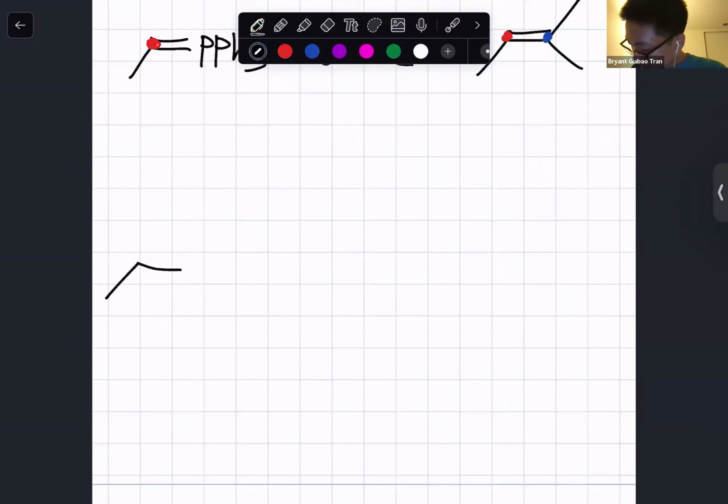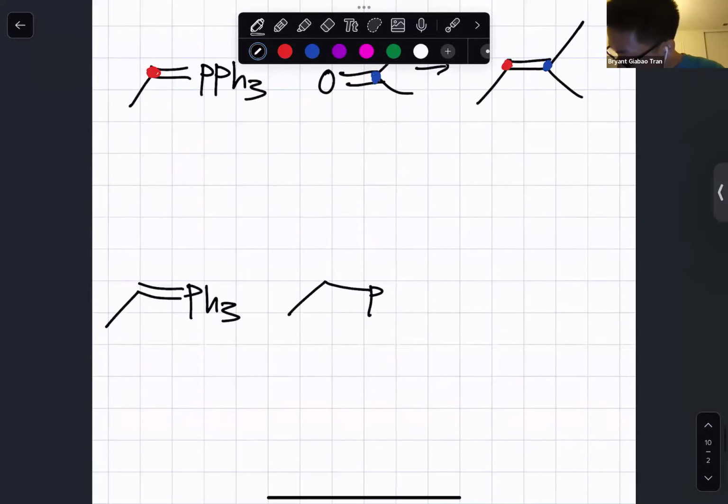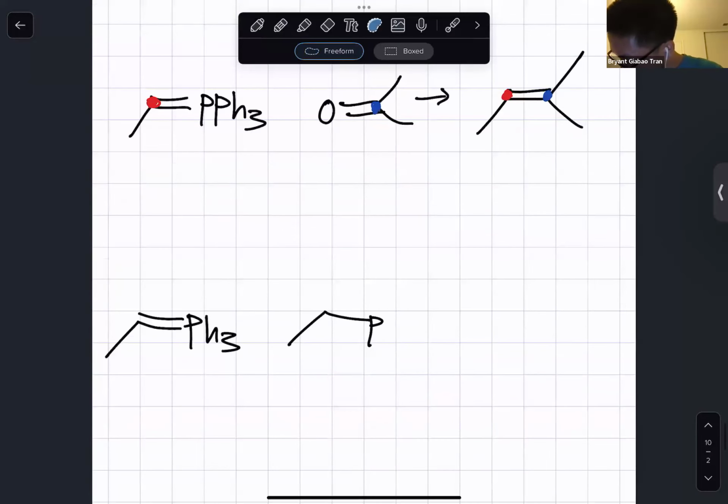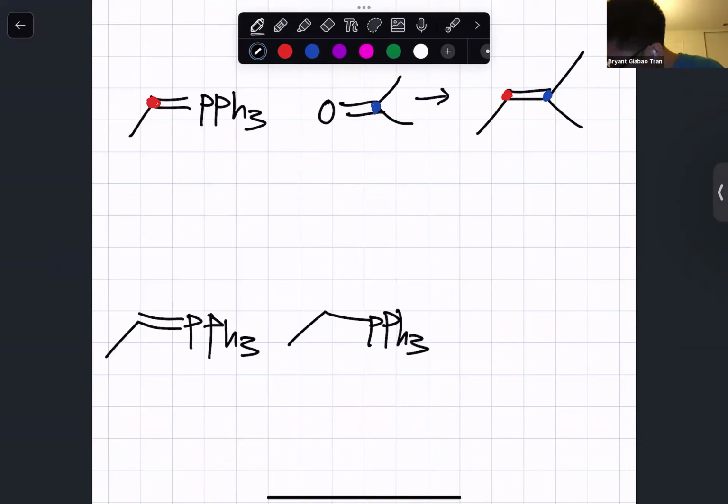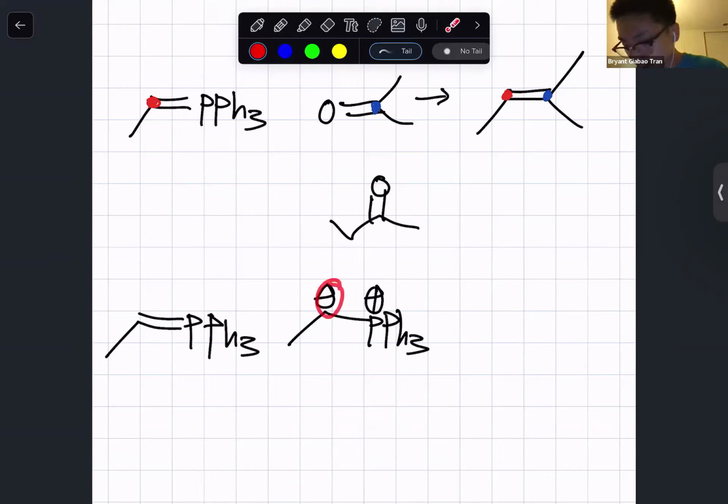So let's say we have this ylid here. We know its resonance structure is this right here. It's easier to see the resonance with the charges on the ylid. So negative charge there, positive charge here. The carbonyl we had was this right here. This is the nucleophile carbon, which is this alpha carbon right there, that is going to attack this electrophilic carbon,